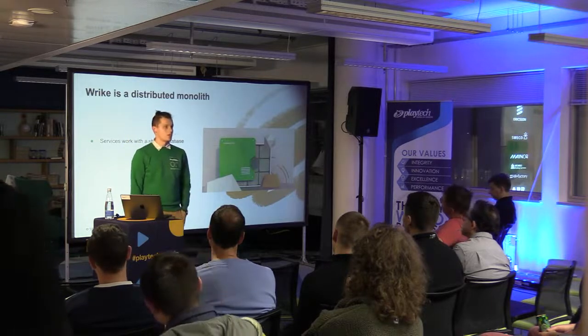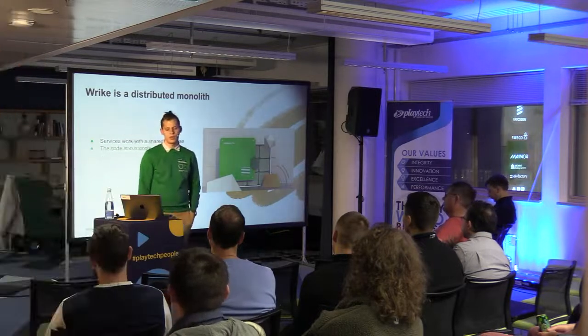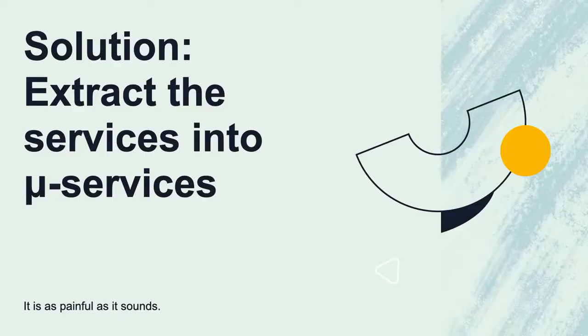And code is just in one huge monorepository. And several modules can contain most of the logic and share it between all the other modules. So what's the solution? Just extract everything into the microservices. That's easy, right? Just take the code and put it in separate repositories. Well,